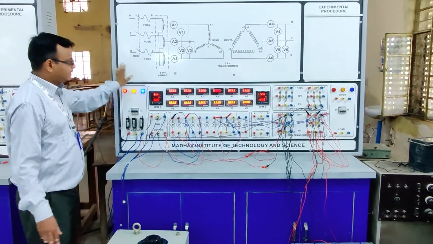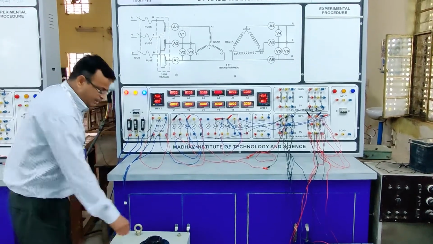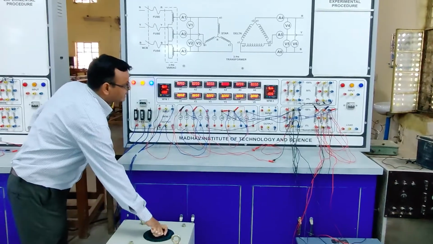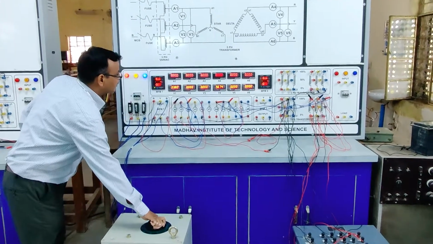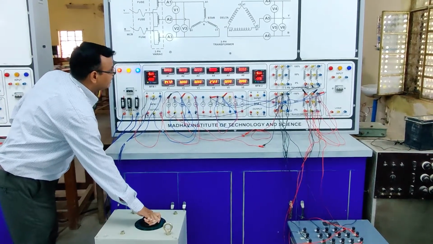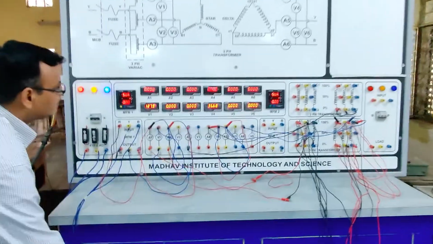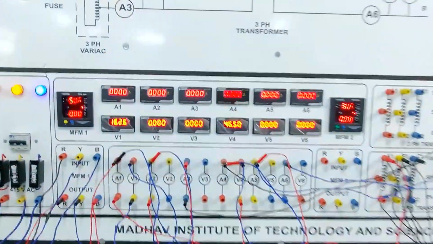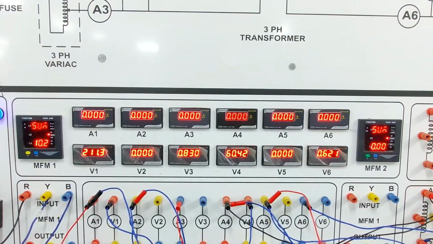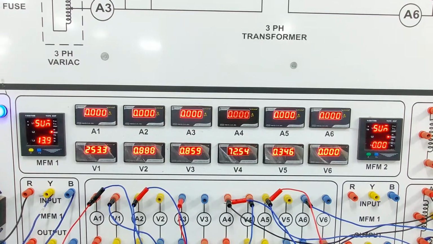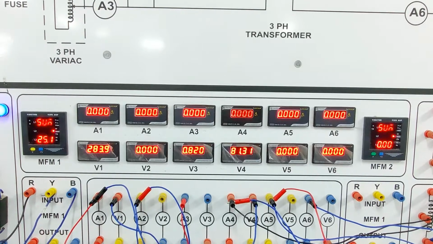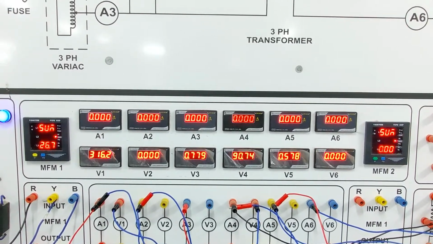Switch on and see that all the observations are 0 and the auto transformer is at 0. So we increase the voltage up to the rated value. Respectively, we have to observe the readings of V1 and V4. The V1 is 127. As we are increasing the knob of the auto transformer, the voltage is also increasing. And see that the multifunction meter, just like a wattmeter, is measuring the input power. Input power is also increasing.